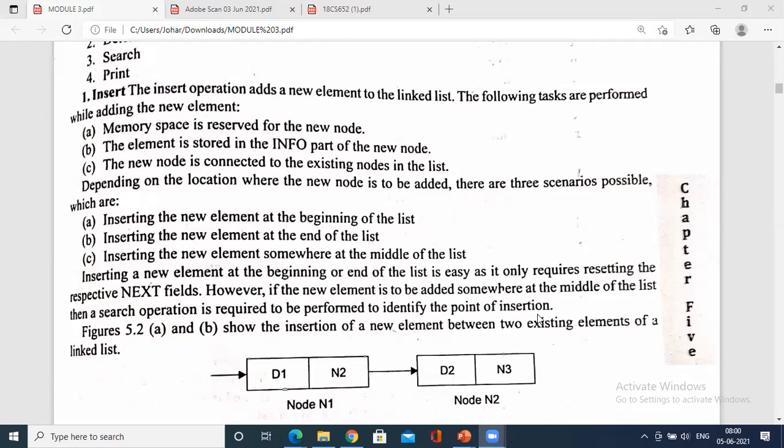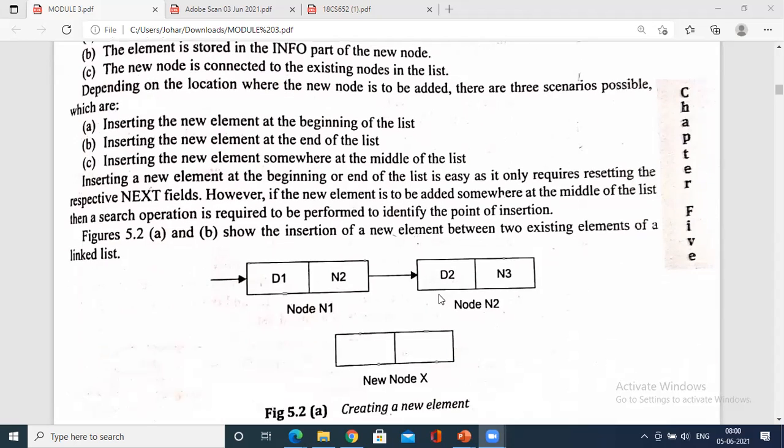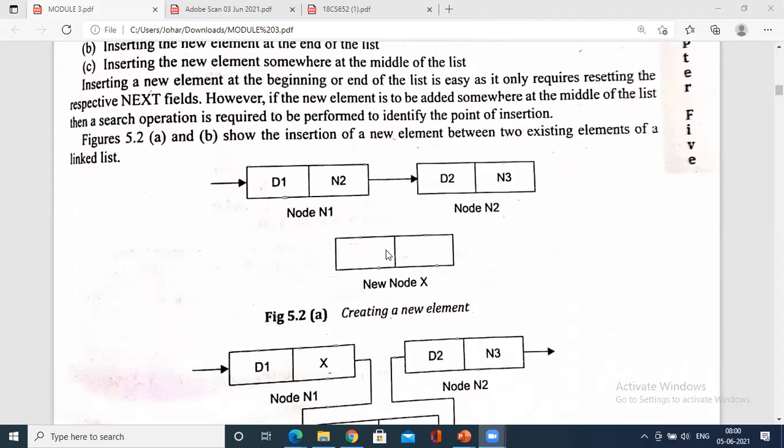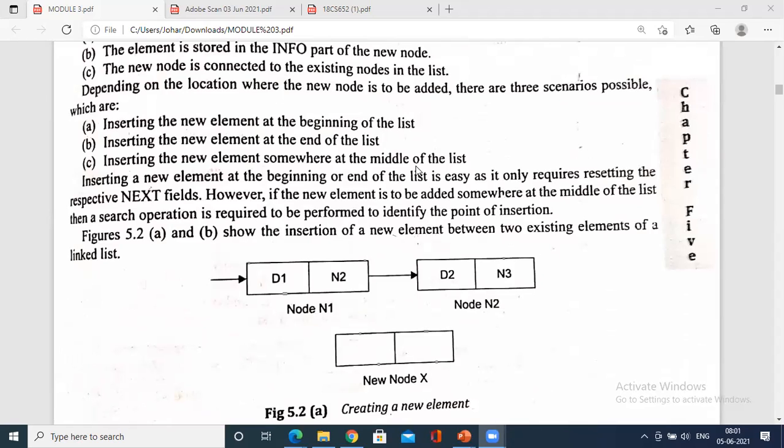However, if the element is to be added somewhere in the middle of the list, then a search operation is required to identify the point of insertion. Remember, if you are inserting at the beginning, there are no issues. If you're inserting at the last, there are no issues. If you're inserting in between, then you have to search for the position. So it requires a kind of searching.